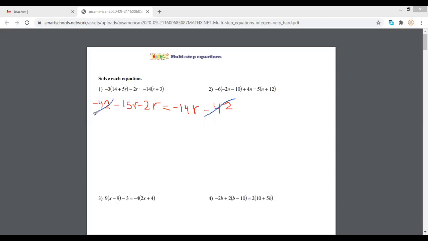Then I have negative 15R minus 2R, which means negative 17R, and on the opposite side I have negative 14R. How am I going to solve the question now? I'm going to move this one to the opposite side. Then I have negative 17